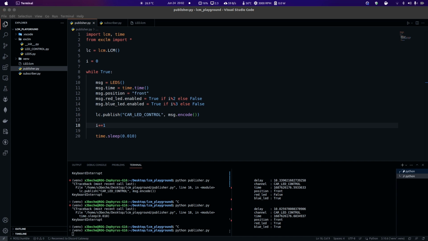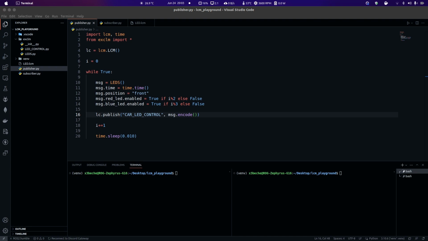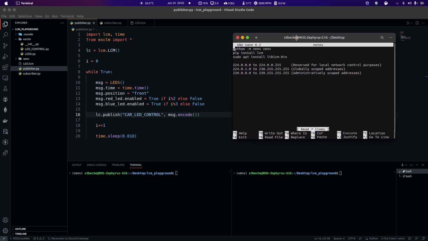Yeah, but this is happening in our computer, not in the network. So let's make it in the network, and I want to give one example of it to make it more concrete. Let's go to the multicast part, which is actually useful, and that's why I'm using the LCM. Almost the same, but we need to make some changes in our network. We need to use the UDP protocol for this. UDP means messaging, and for the multicast,